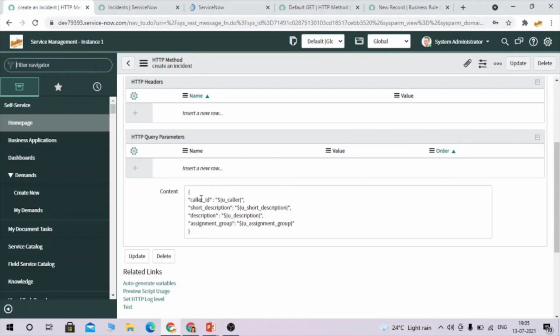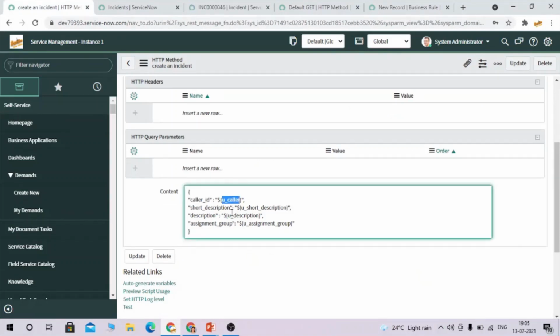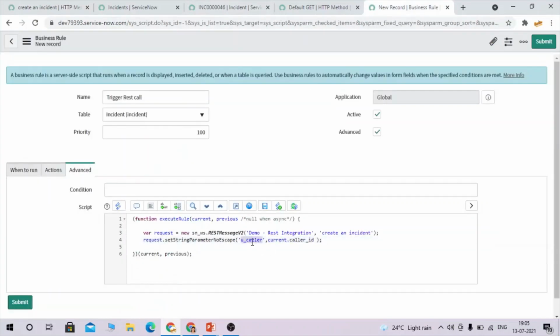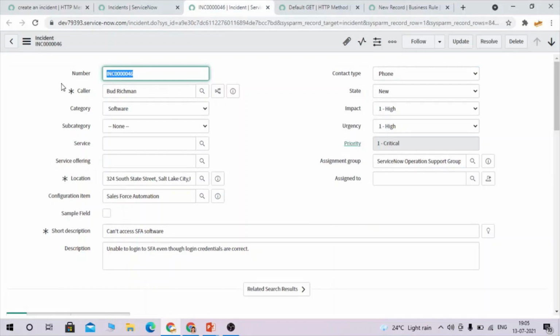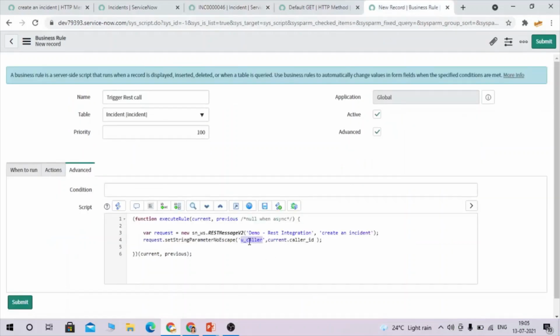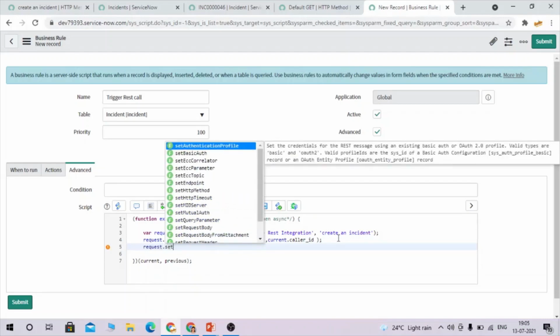So this is the target field, and we have created this variable to make this dynamic. And here what value we are taking, this one I am taking from the source, but we are using ServiceNow only as a source and target, so this will be the same, right? But here you have to take the variable which you have defined in the REST message, and here you have to take the source field value, the backend value of the source instance. So same way we'll map all the other fields.